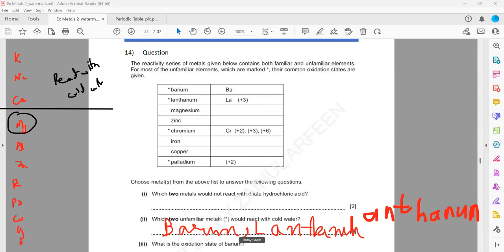So when you check this, this is our magnesium. Metals which are magnesium and below can react with steam, but metals which are above magnesium can react with cold water. So which of them can react with cold water? That is barium and lanthanum. Is it clear how we work this out? Which two can react? Yes, sir, clear. So just identify the position of barium, and then work out